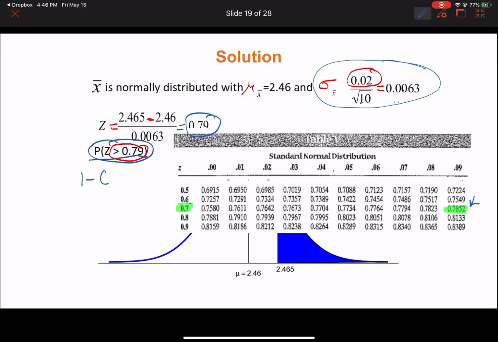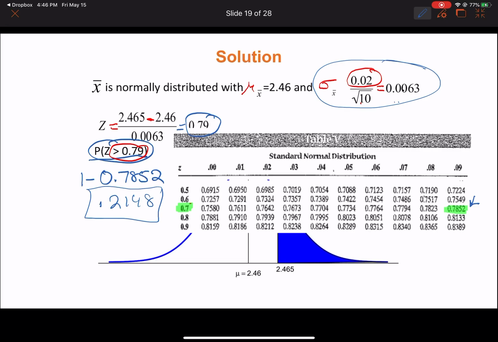I have to do 1 minus 0.7852. So that gives me 1 minus 0.7852, and that's going to give me 0.2148. So the probability that the sample mean of those 10 pennies that I draw is less than, or sorry, greater than 2.465 is 0.2148. I'm guessing you're probably going to want to use your calculator instead of the z-table, though I'm really partial